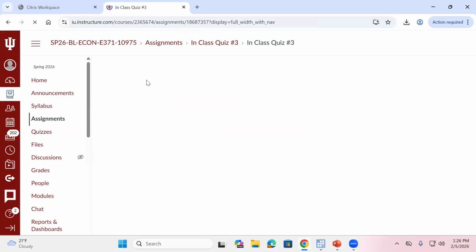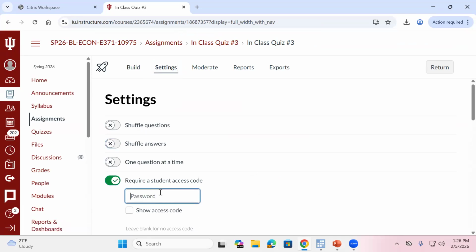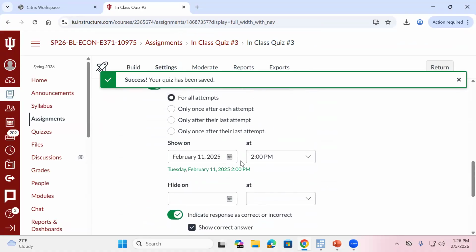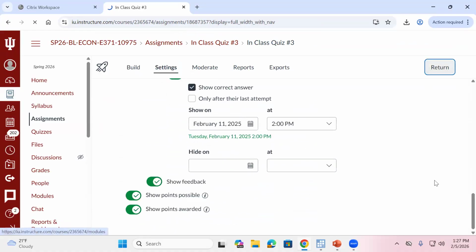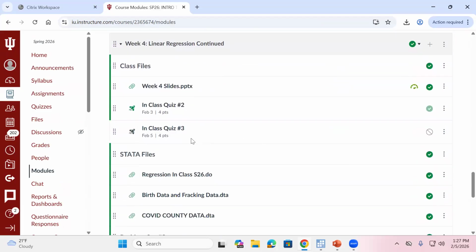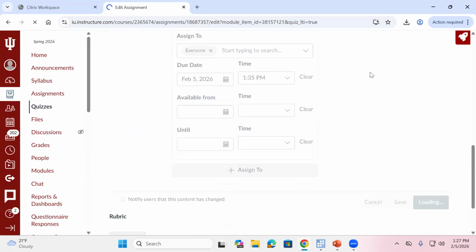I'm then going to set the code for today. We won't shuffle the answers for the sake of this class. So I'm going to change this to be 10.20. Now that's today's access code. Now I'll change that later. We don't really need to worry about that. And then I'm going to come down here. I'm going to publish it for us. Okay. So that in-class quiz 3, the code that will get us in is 10.20. We're now going to work through this together. So hopefully everyone gets all these correct if we're paying any modicum amount of attention to what I'm saying.